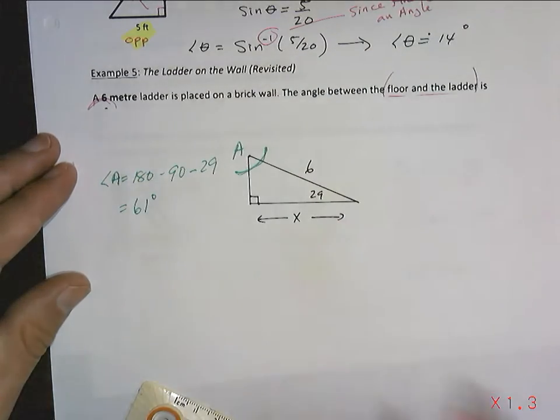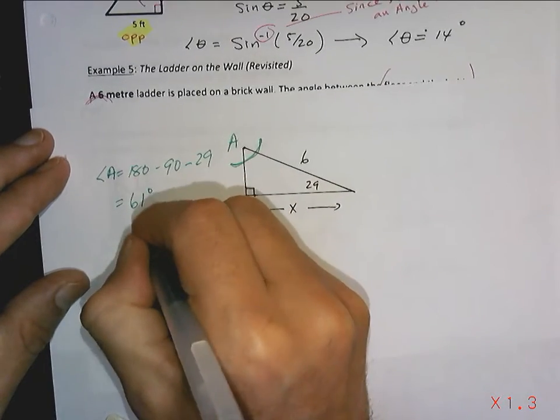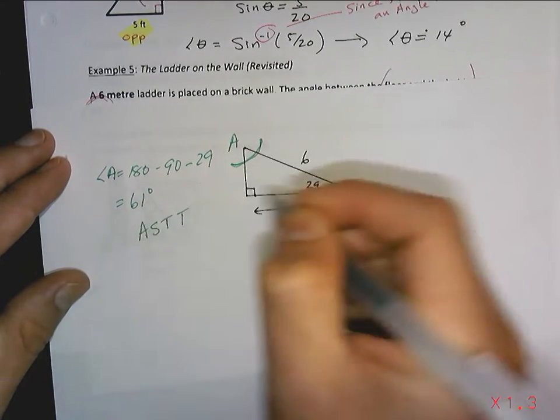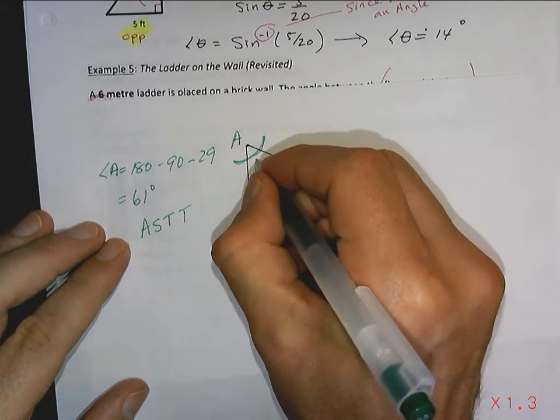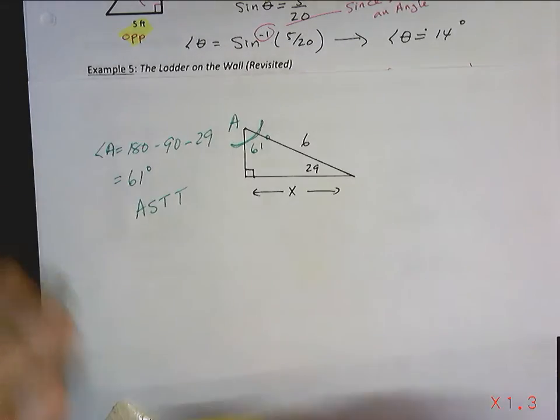Does everyone agree with me? That's from the angle sum of a triangle theorem. The insides of the triangle have to add up to 180 degrees. If you remind me after break, I'll prove that to you. Right now, I'm just telling it to you, but I'll actually prove it. Okay, so that's got to be 61 degrees. So if I use this angle,